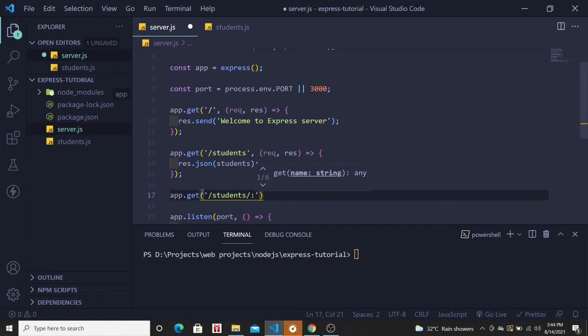Whatever I write after this colon will be treated as a variable, and the value provided in the URL will be saved inside this variable. So here we will write it like ID. The variable will be ID, in which the value will be saved. So if I provide /students/1, that value 1 will be saved inside this ID in the server, and it can be accessed with this ID parameter. So we will use this